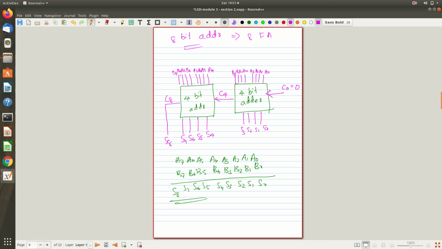So hope this ripple carry adder is clear. Why that name, ripple carry? Because the carry is rippling from one position to another, so there is a delay involved, right? Because of the dependency, every full adder depends on the carry generated by the previous one, so it can start working only after the previous one finishes, and accordingly there will be a delay.